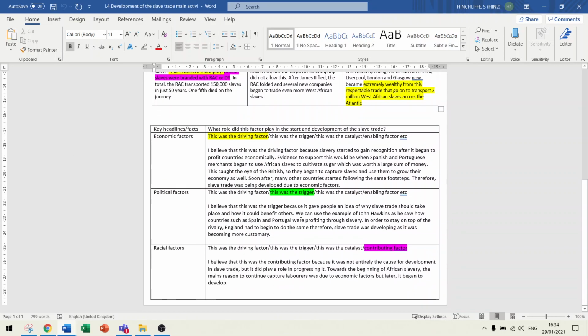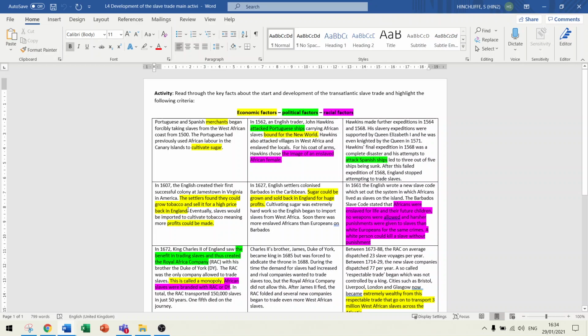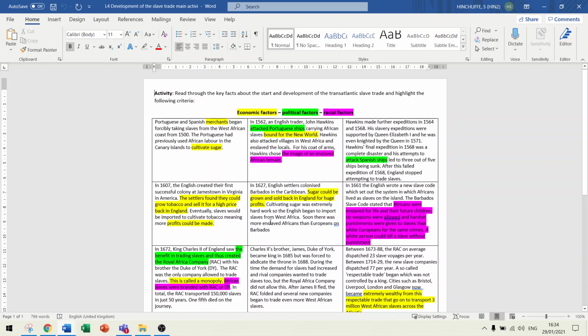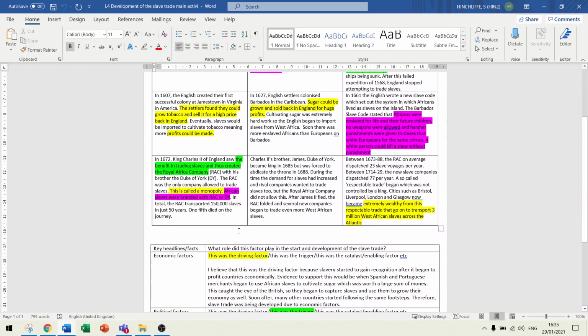So the first one to consider here is Divine. This is Divine in 8D, and Miss Mattin sent me this, just to highlight the fantastic analysis provided here by Divine. Last week we were asking what were the main reasons for the start and development of the transatlantic slave trade, which is what we're going to look at pretty much after February half term, really, the main ideals of the slave trade.